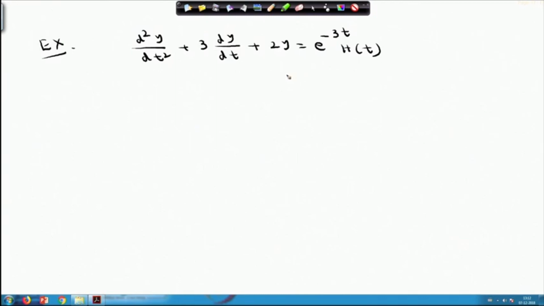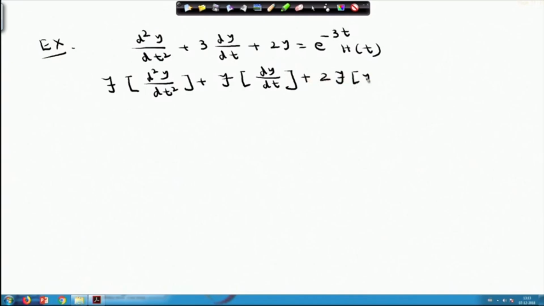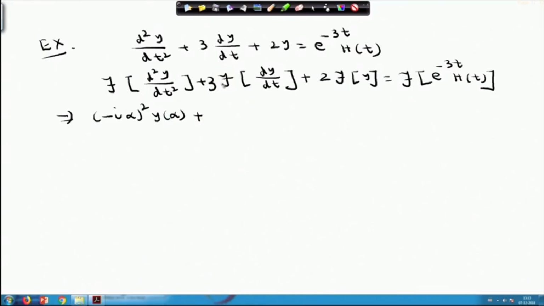So, if I take now the Fourier transform on both sides of the given equation, following the similar process, you will obtain the Fourier transform of d2y/dt² plus the Fourier transform of dy/dt plus 2 times the Fourier transform of y, equals the Fourier transform of e^(-3t) into the Heaviside unit step function h(t). So, the Fourier transform of d2y/dt² is (-i alpha)² into Y(alpha), where Y(alpha), like earlier problems, is the Fourier transform of y(t), plus 3 times the Fourier transform of dy/dt, so plus 3 into (-i alpha) into Y(alpha), plus 2 into Y(alpha),